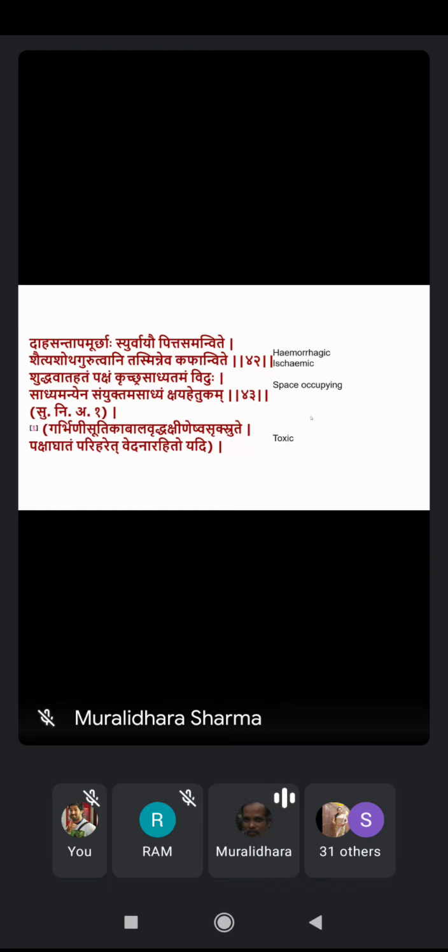This description of hemorrhagic stroke is also mentioned in Sushruta, when the symptoms would be like Raha Sandapamurcha, a global symptom, a sign of hemorrhagic stroke. When it is relatively milder, then it's an ischemic stroke. And when there is a space occupying lesion producing the stroke, that's considered Shuddhavata, which is considered Asadhya, Kevalavata. Toxic strokes are also mentioned: Garbini, Sujika, Bala, Vrindakshina. These are all the toxic stroke conditions where the condition could be very difficult, and the approach to management